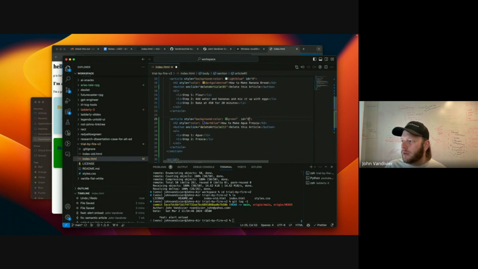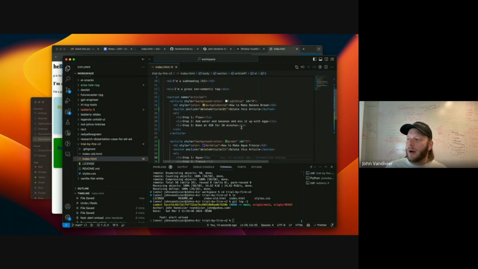So I could just use the 0 and the 1. But this is still a good idea because in the future, I might add an article sort feature. And I might sort by name or by the most recently created one. And basically, the order of them might change. So I don't want to rely on order. I want to have an explicit name.